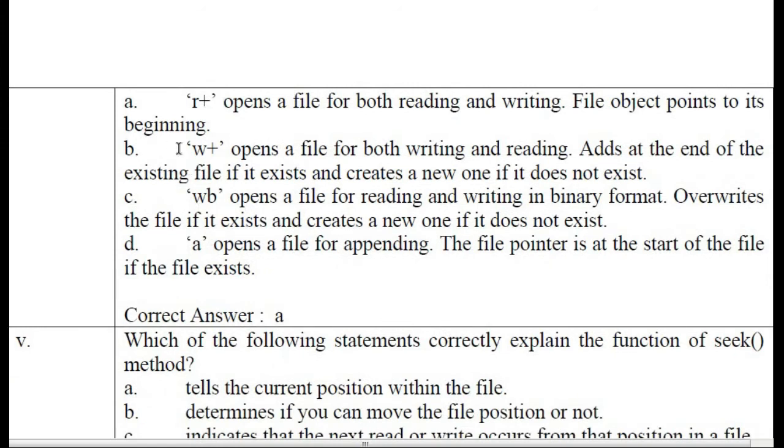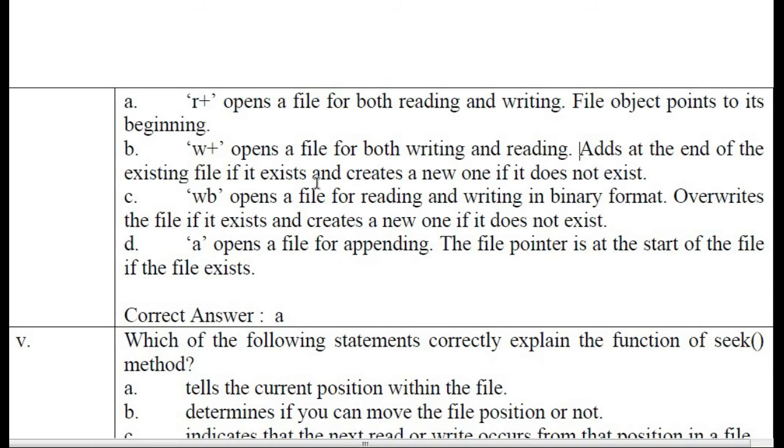See the option B. w+ opens a file for both writing and reading. That is correct only. Then see the second part. Adds at the end of the existing file if it exists. Is it true? No. When you open a file in write mode, it will truncate or erase the content of the file, then write the new content.